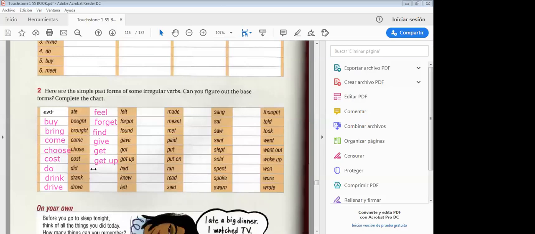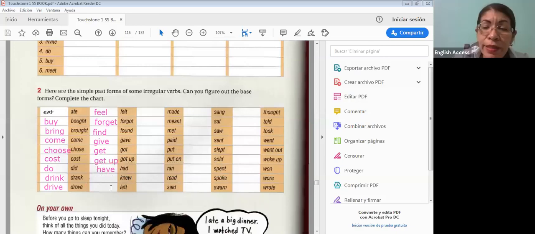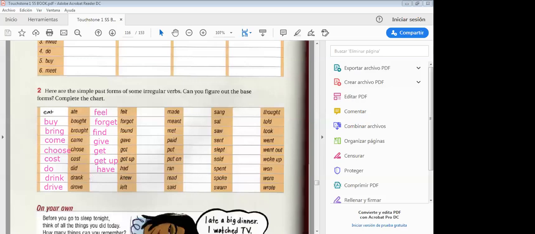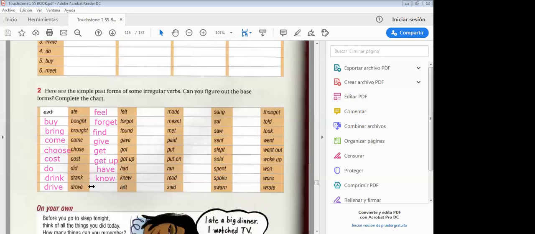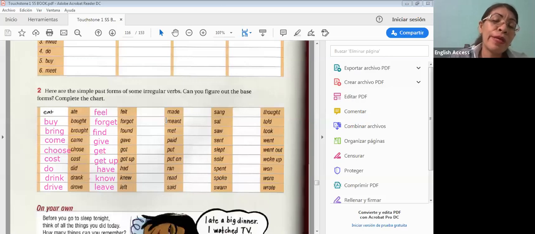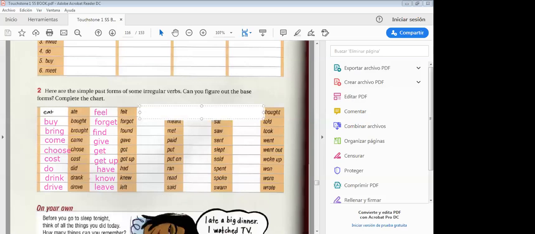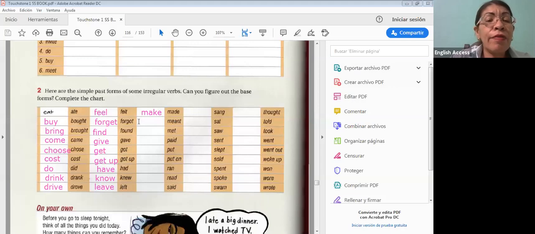Have. Perfect. Knew is the past of, know. Correct. Left is the past of leave. You know, leave, yes. We have leave. Let's continue with number 3. Made is the past of make. Okay. Meant is the past of,